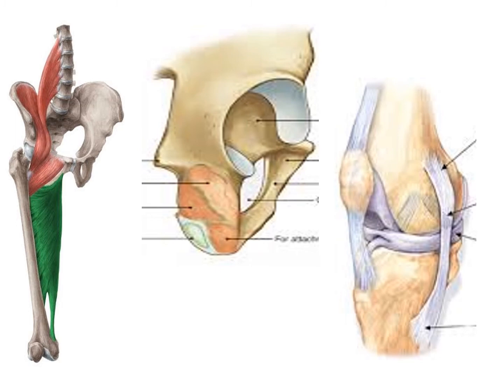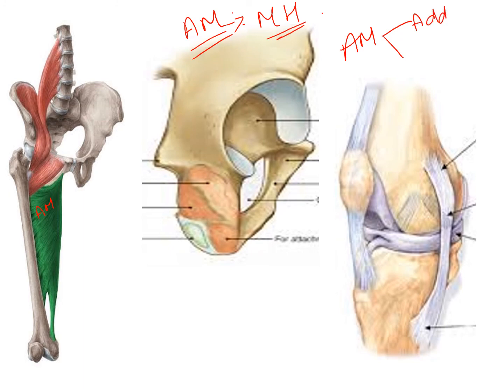Now we will discuss the ischial component of the adductor magnus muscle. Adductor magnus muscle, this is a huge muscle. You already know that this is a modified hamstring muscle. This adductor magnus muscle has two components, the adductor component and the ischial component. So we are discussing the ischial component today, which is the hamstring part.